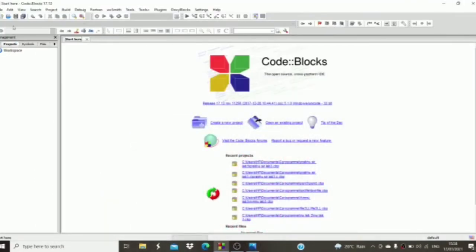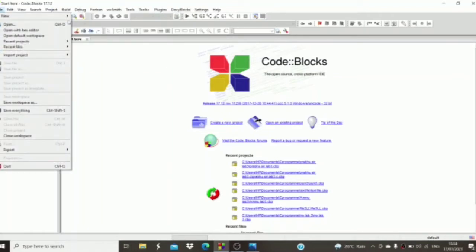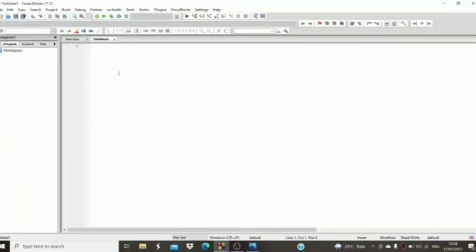If you want to write the program, then you have to download Code::Blocks. I had downloaded it, so let's start. I had opened it. Click on File, New, and Empty File. So I got one empty file. Then I have to save it first. Before writing the program I told you to save it. Why do we have to save it? I will inform you after writing the program. So I will save now.